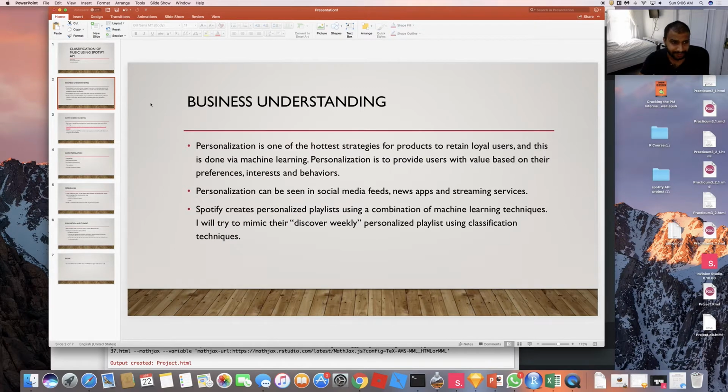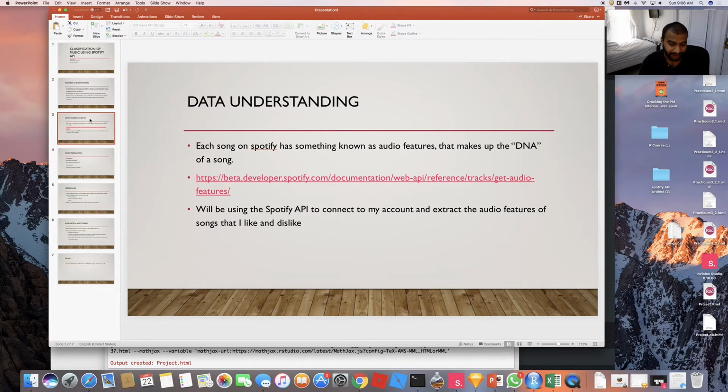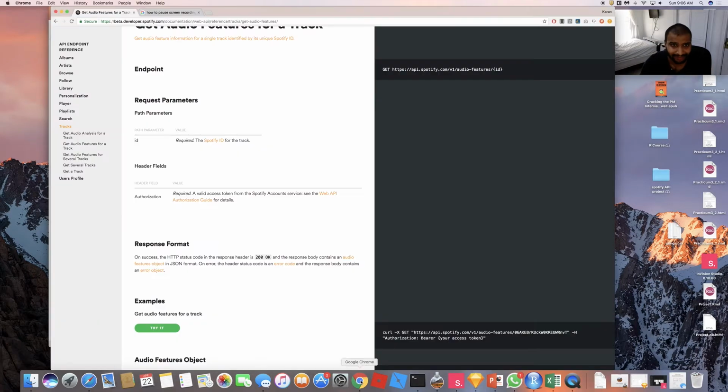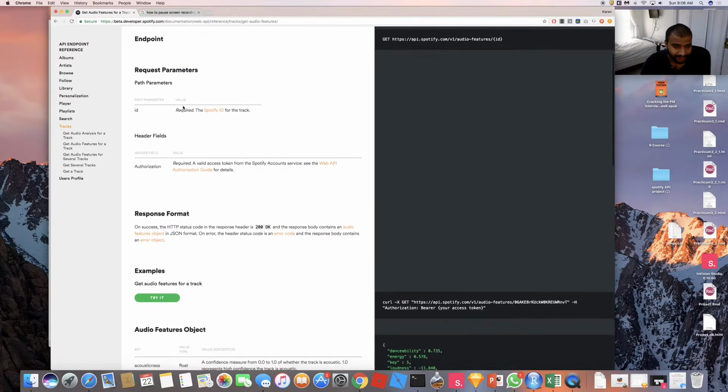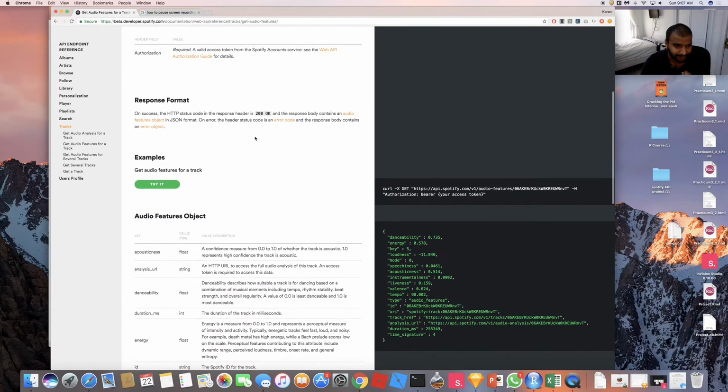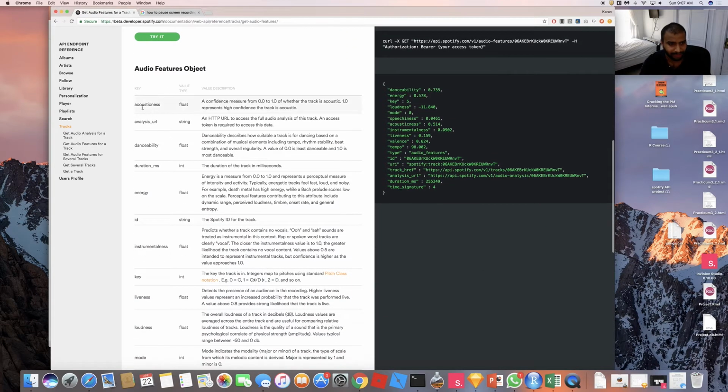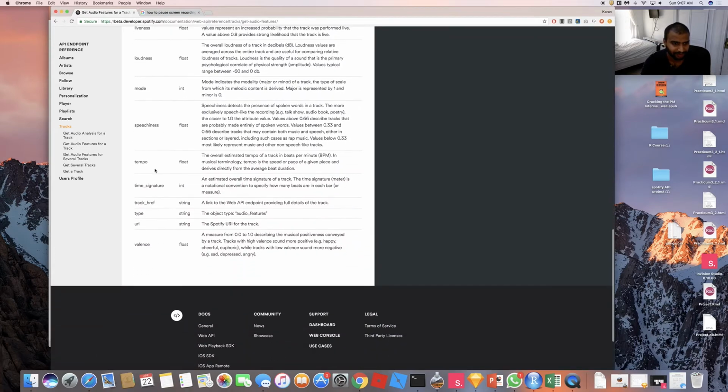So let's jump into the data and look at how that's structured. Each song in Spotify has something called audio features that makes up the DNA of a song. So let me go into the documentation to show you what I mean by that. So yeah, each song has an ID, it has a name, and then it has all these features which each